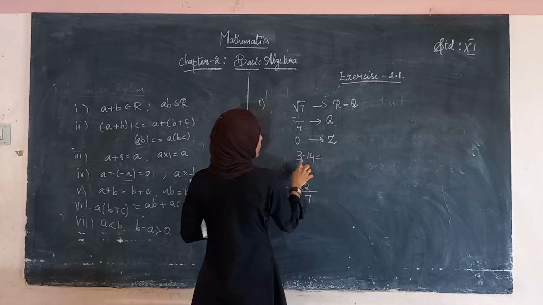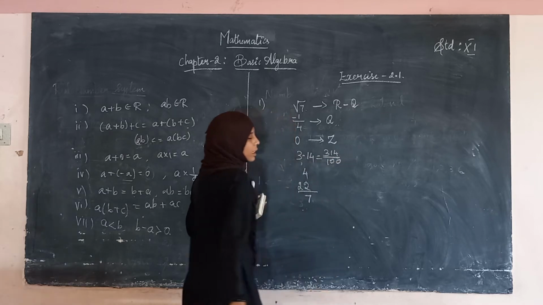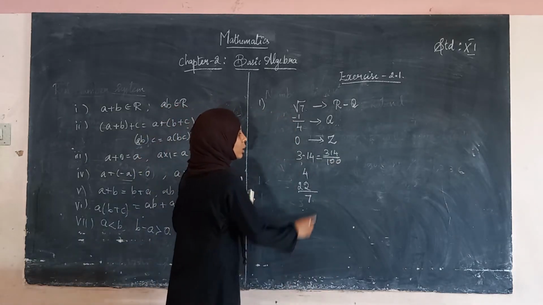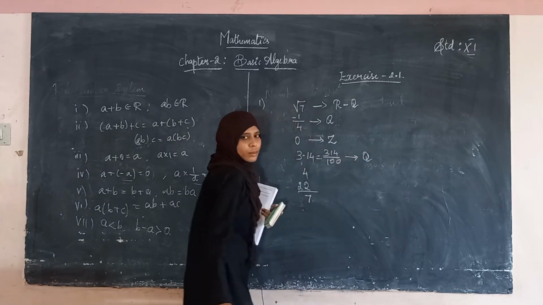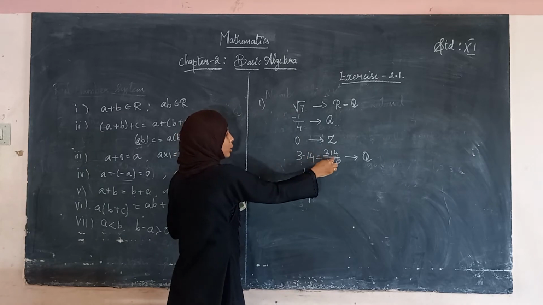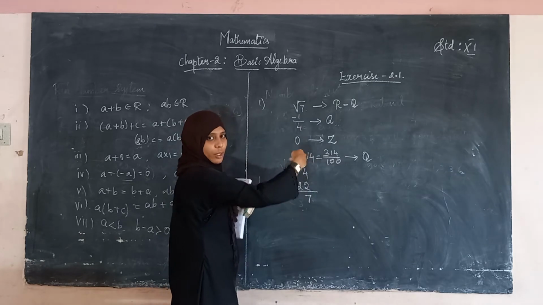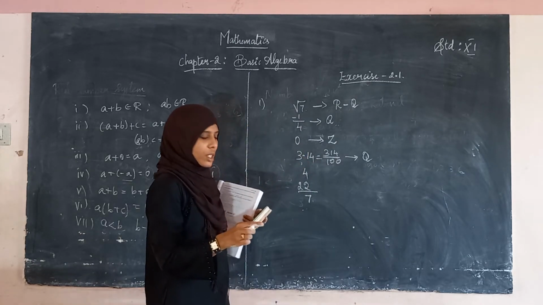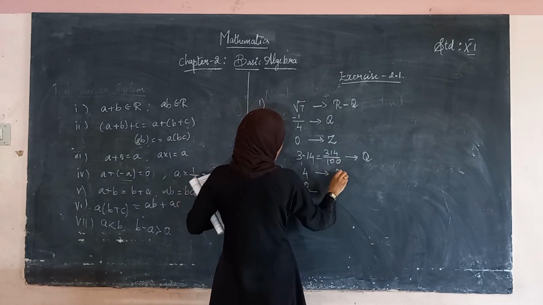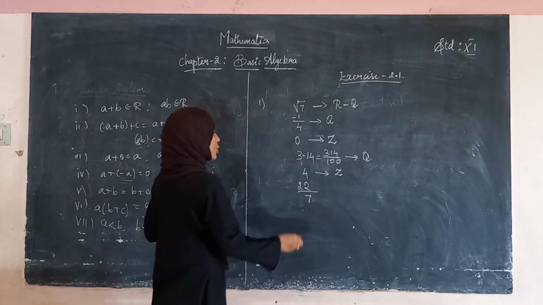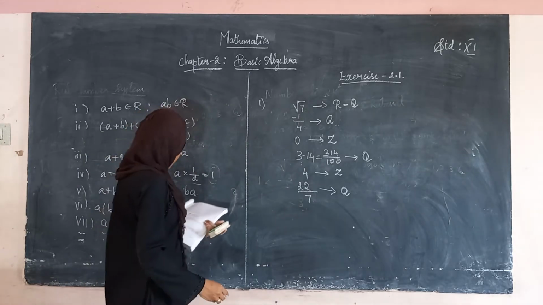Okay, see here 3.14. This can be written as 314 divided by 100, right? We know this, 314 divided by 100. So this can be a rational number. Okay, see you have to cut this by 2, 50, 1, 5, 2 like this. You have to cut this, then you will arrive at some rational number. Okay, so this is the rational number. And 4, what is 4? 4 is an integer. 4 is an integer and 22 by 7, this is a rational number. Okay, clear?